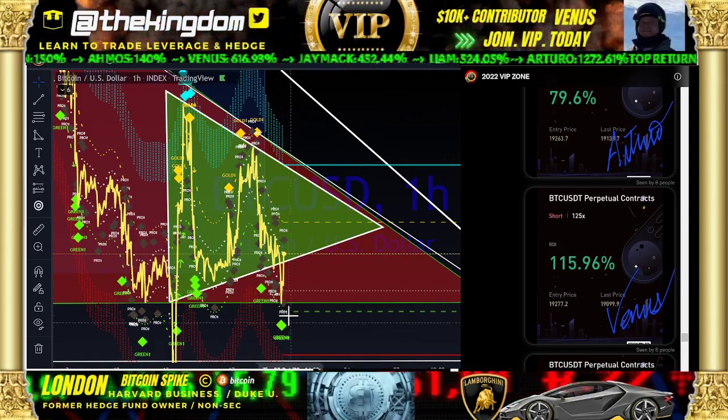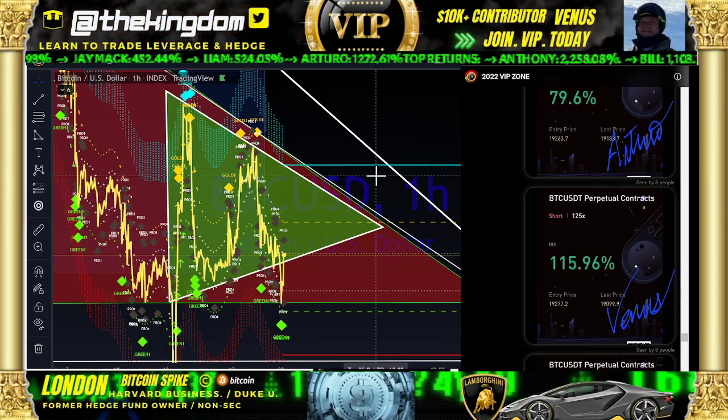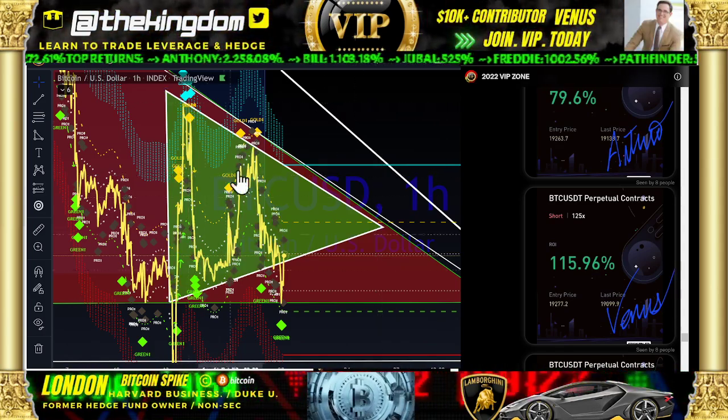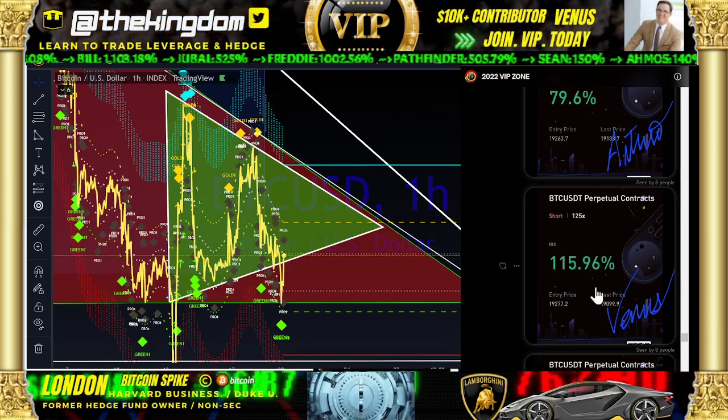The drop down and out of the symmetrical triangulation, as you will recall, was anticipated, based upon bear market views, bear market data, that we would not complete this to the upside. We'll review that, but before I want to go through, look at Venus, 115%,